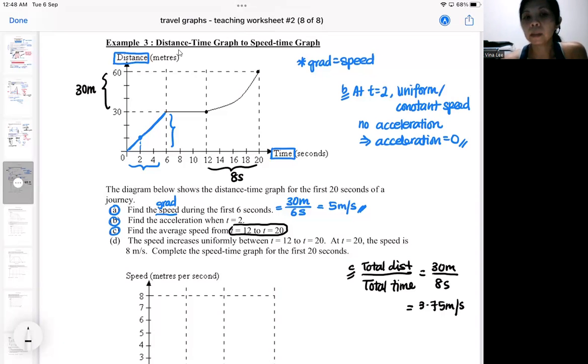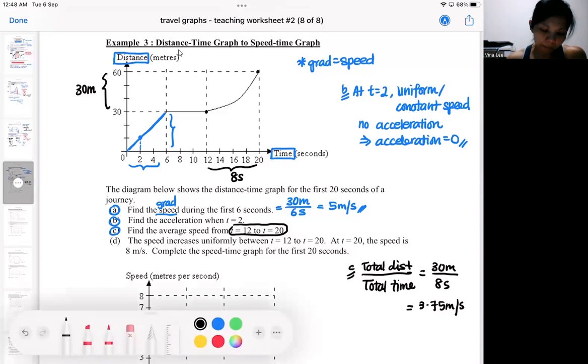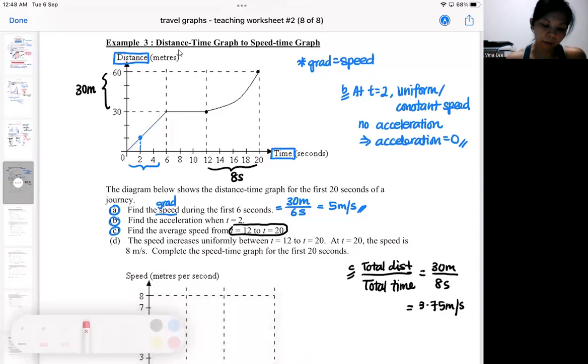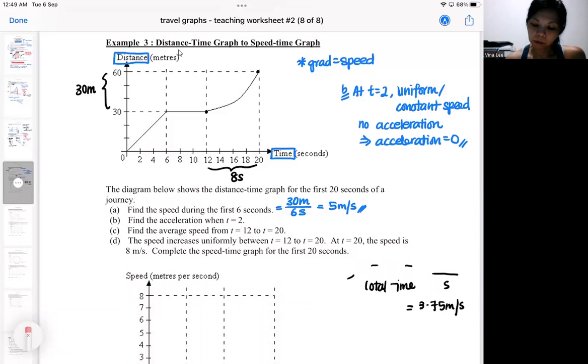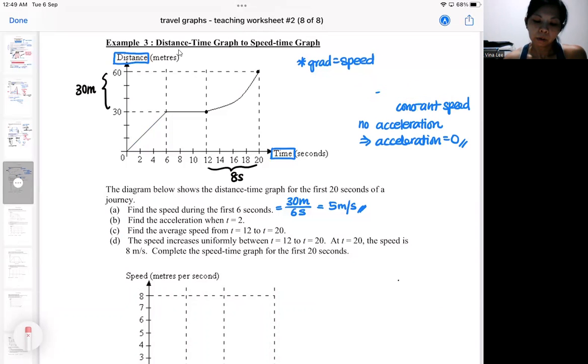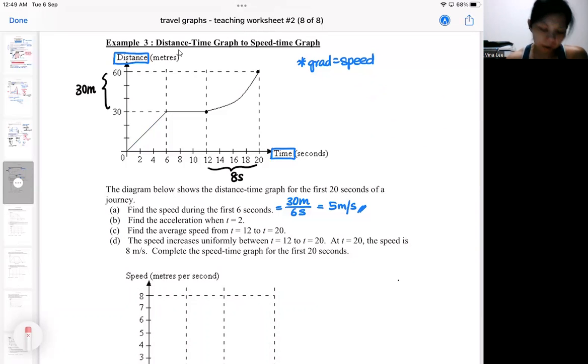I'm answering A, B, C based on a distance time graph. Okay, the challenge is the last part where we are actually converting the distance time to a speed time. So I'm going to erase the whole thing. Make sure you already gotten all the answers. Okay, so I'm going to convert distance time to speed time. What should I be converting? I should be converting based on gradient